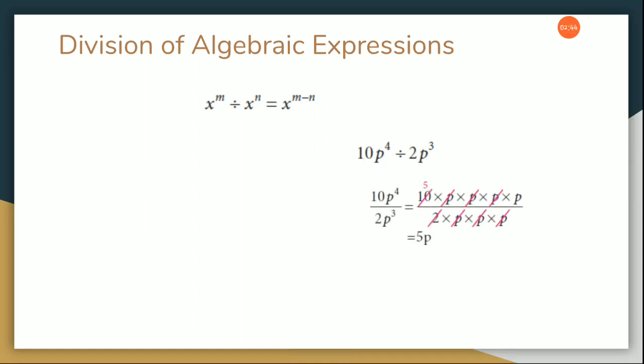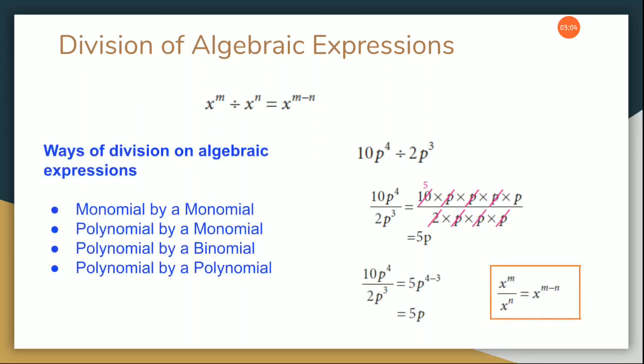They have just expanded and then each term is cancelled. This is easier for p power 4 and p power 3, you can directly cancel. Suppose imagine p power 100 is given and p power 80 is given. Can we sit and write? That is why this product rule has come. Okay, the division rule has come. Clear, children?